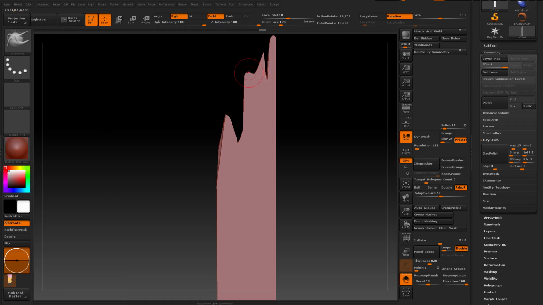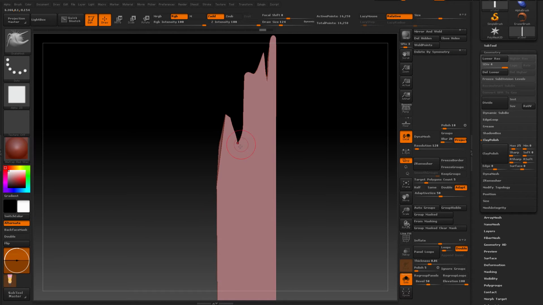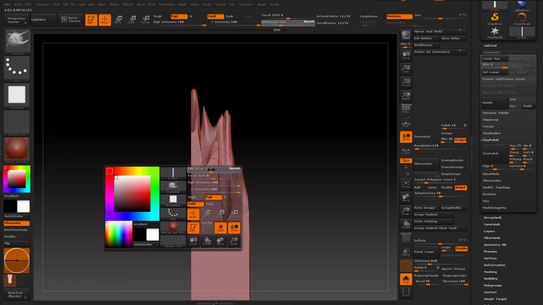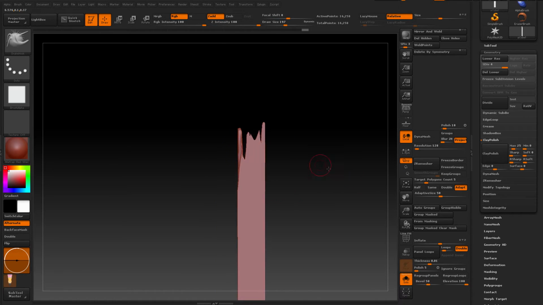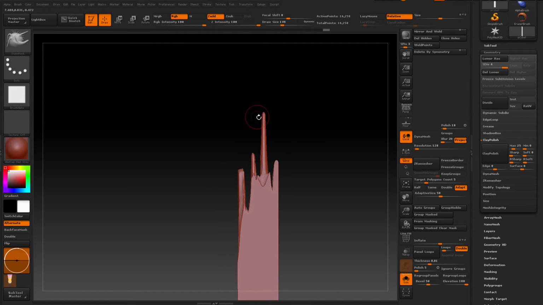And if you really want to have something sharper instead of a circular top, I think you can go find an alpha here to give you something interesting. Okay, not quite working, but see what I'm trying to do here is give it some more variation on the plank, but the basic idea is the same. You want to start dragging those things up and down,